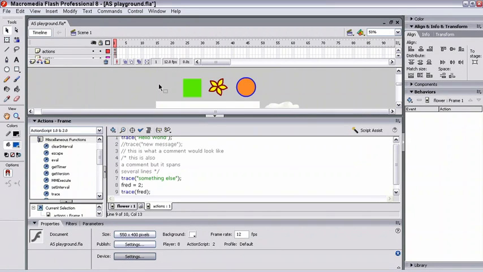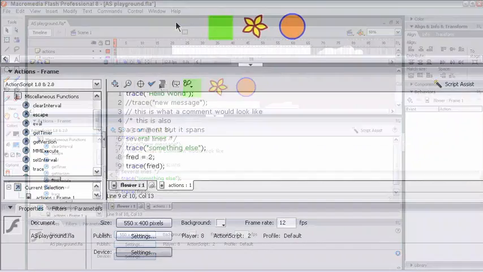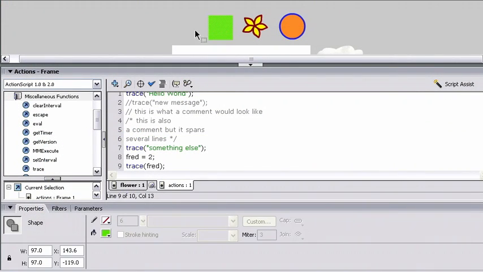Now, as soon as we want to start working with the elements on the stage, there's going to be one very important distinction that we need to make between each element that we're looking at. Let me click on this green square at the top. Now you can see that this is just a shape. It has normal shape properties of stroke and fill, and it has a width and height down here, some things that we can change. But I'm going to make this into a movie clip so that we can see one